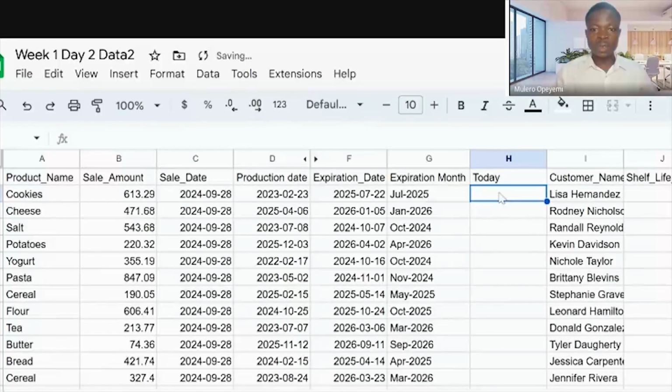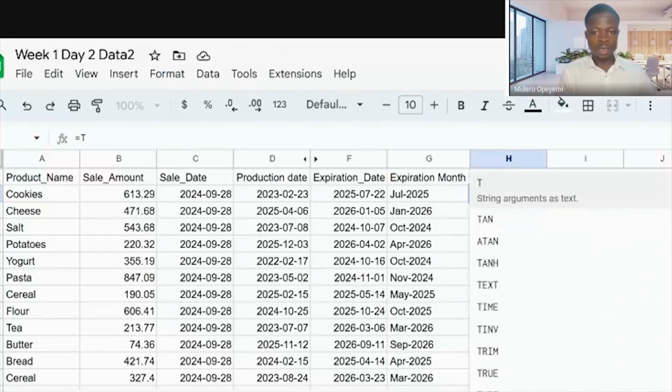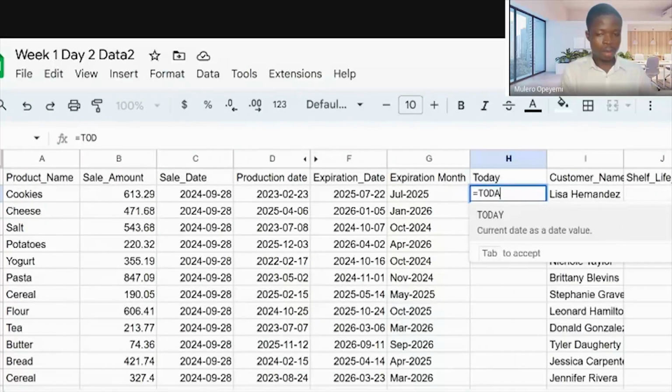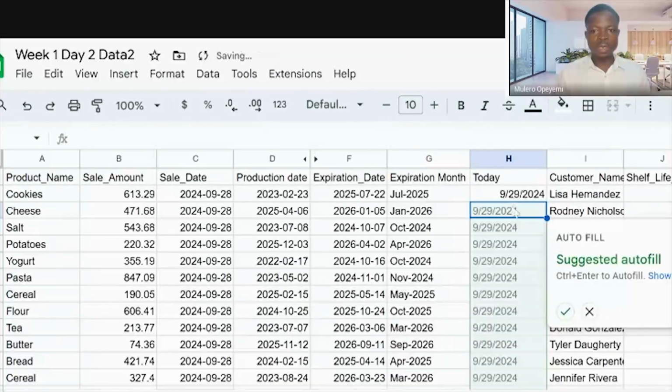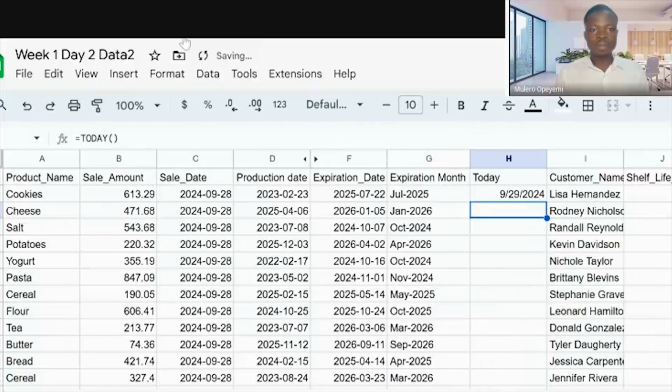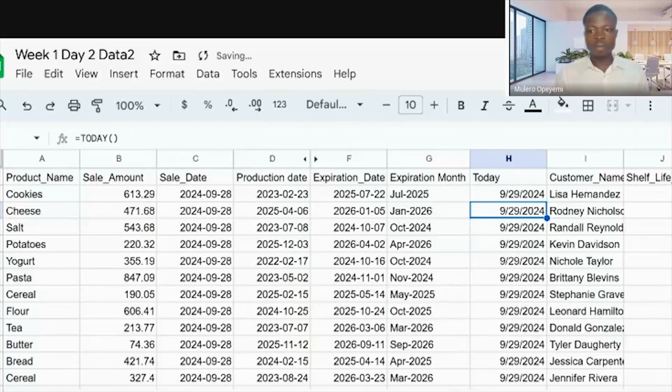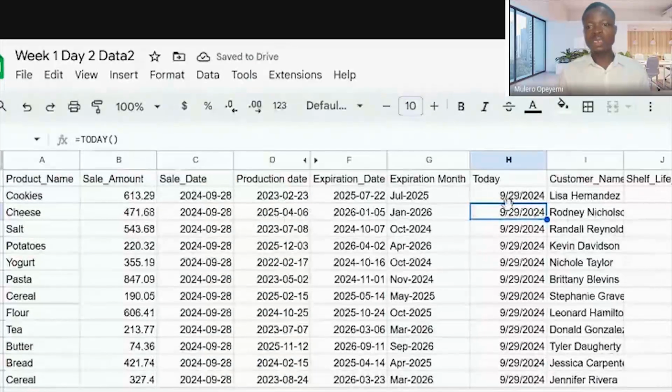So in order for me to get today's date, I'll just press equals TODAY, then close the parentheses. Then we'll close it. Autofill. So now this is today's date.